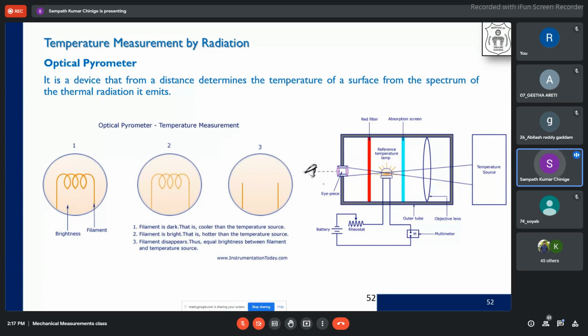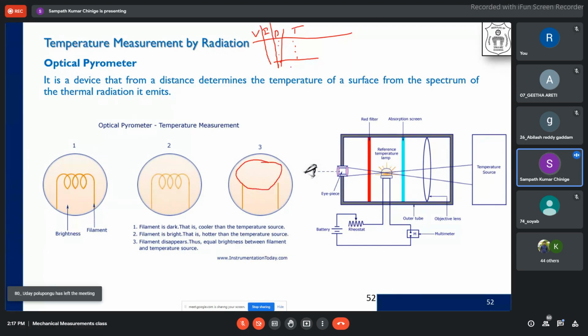So by proper calibration, that means we have power, P equals voltage times current, equivalent versus temperature. So V and I you will be finding out from the multimeter. So for different power ratings, we have different temperatures. So depending on what power you are supplying, when this filament disappears, depending on what voltage and what current it is disappearing at, that corresponding temperature is nothing but the source